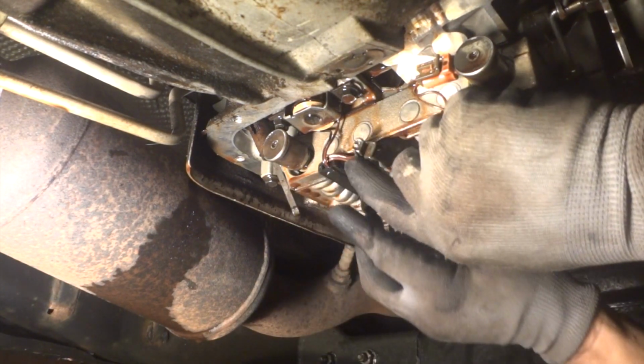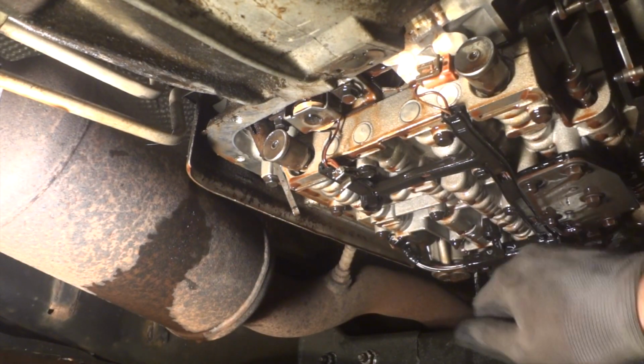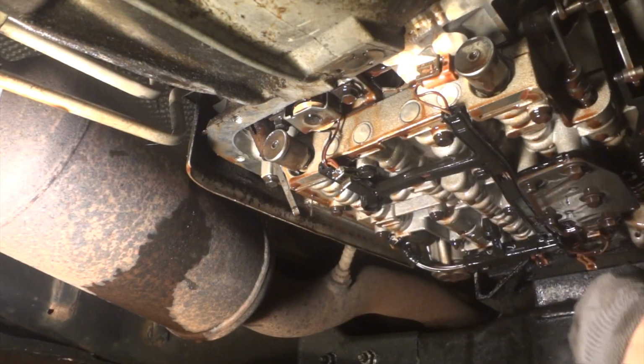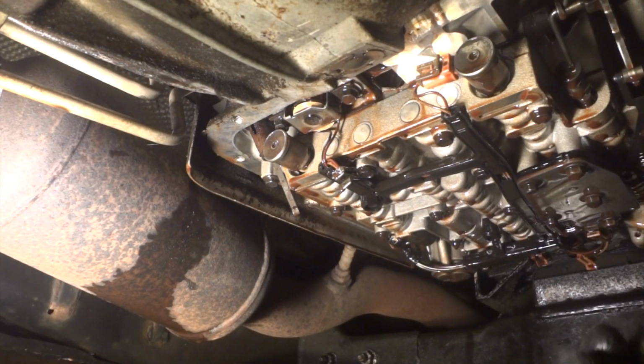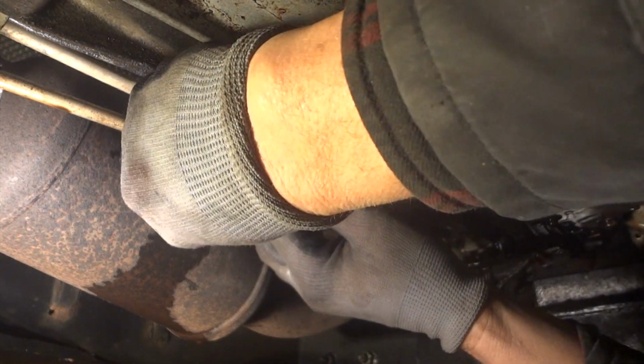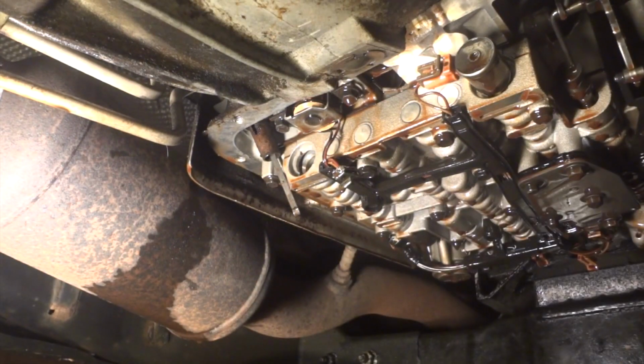So I got the little pen out, and I'll tell you what, it's a booger. Takes some patience to get that little pick in there, but I got it out and I dropped it right down in my oil pan here, so I've got to fish it out. But anyway, out comes this one, and you can see where that was broke off. And now we'll get our new one,